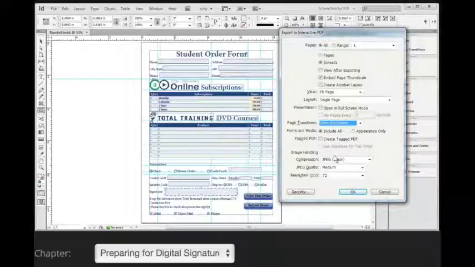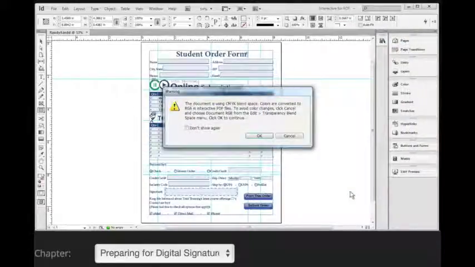And I have options for resampling pixel-based images that are loaded inside my InDesign document when I export that interactive PDF form. Since both the Total Training Online and Total Training Graphics are encapsulated PostScript vector-based files, this really doesn't come into play. I'm just going to say OK, and what it's going to do is fire